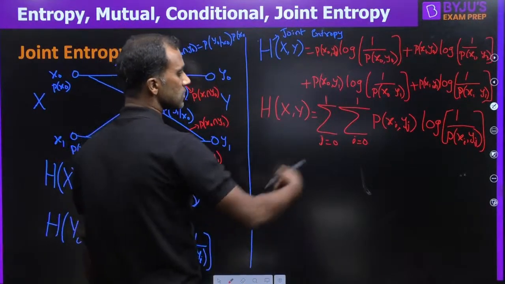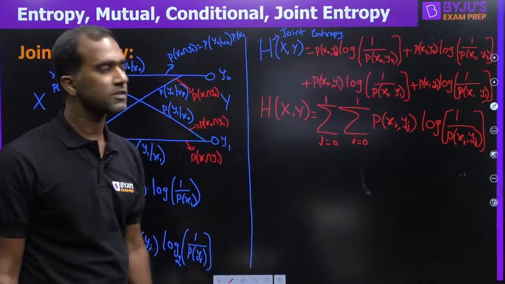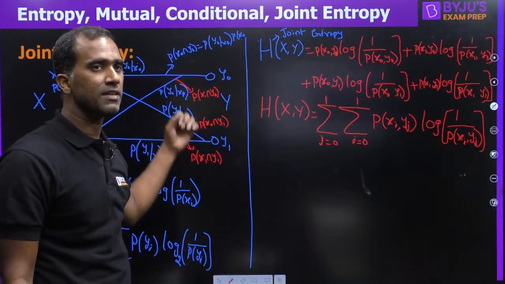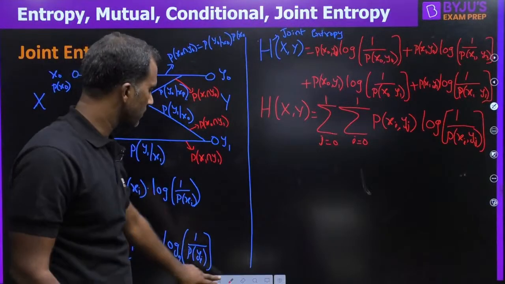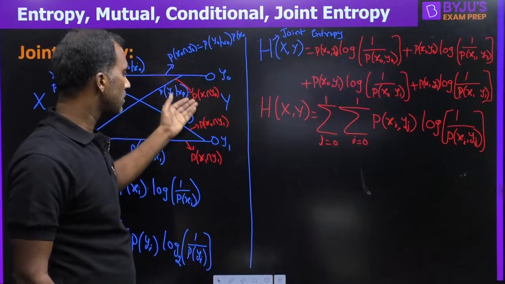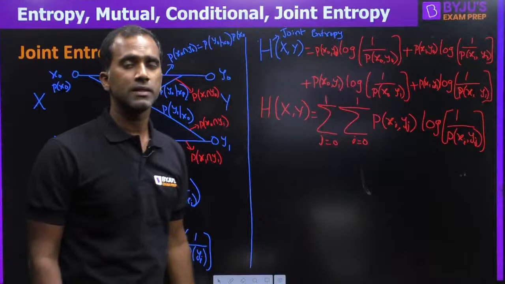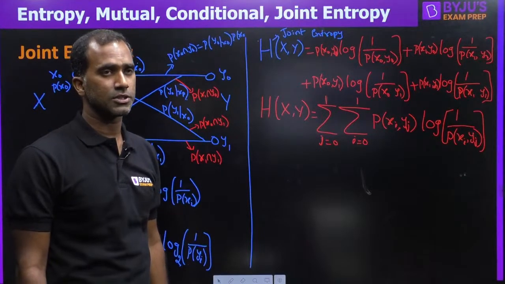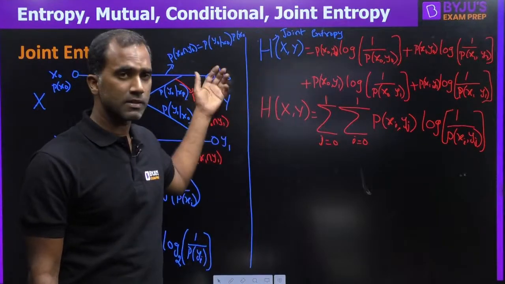Wonderful. So that is the understanding of joint entropy. Very simple stuff. Just find the joint probabilities or intersection probabilities of all the lines, find the information in all of them and just average it up. Very simple. In a binary symmetric channel, you can easily get the joint probabilities. Once you get the joint probabilities, inverse it and apply the logarithm to get the information in them. Once you get the information in each individual line, you just average them with the same probabilities.